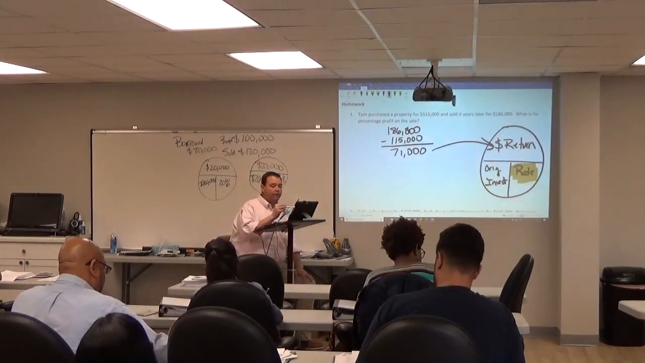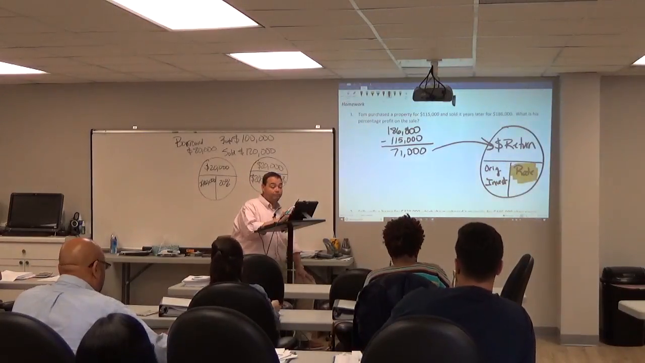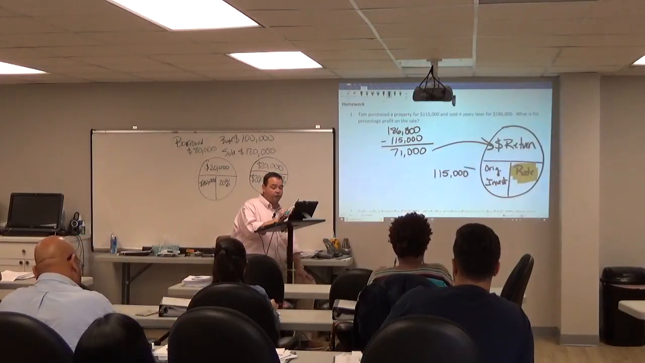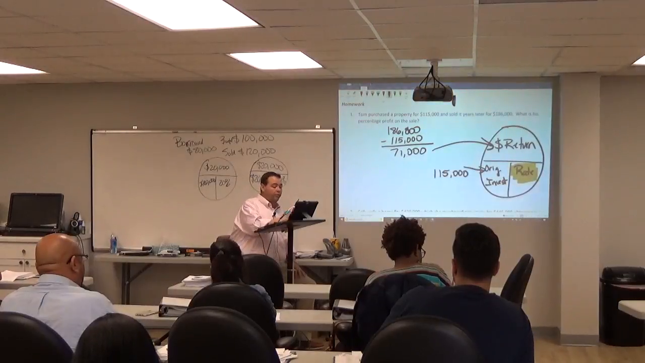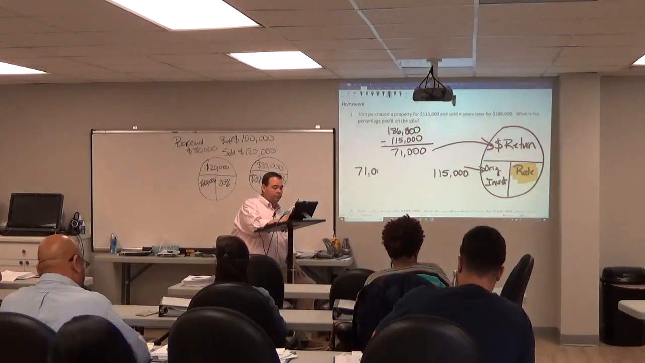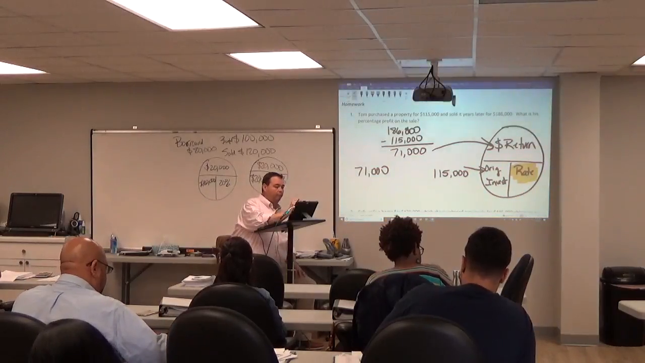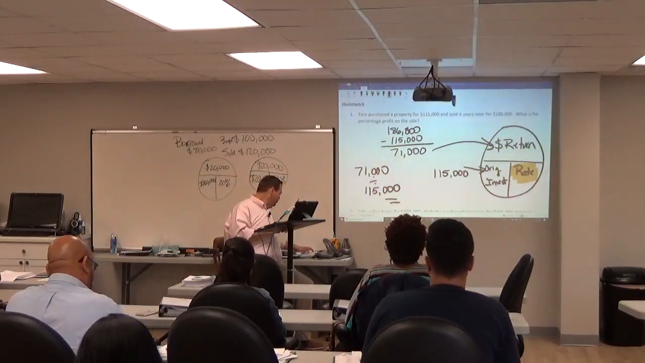And our original investment is how much? What we paid for it in this case. So $115,000 is our original investment. So that means the math is going to be $71,000 divided by what? Divided by $115,000, and that equals